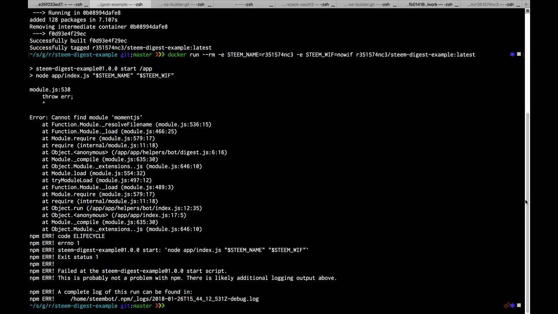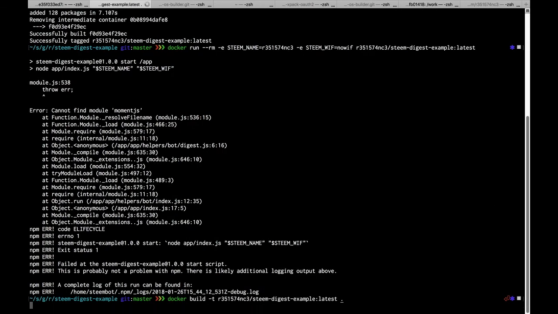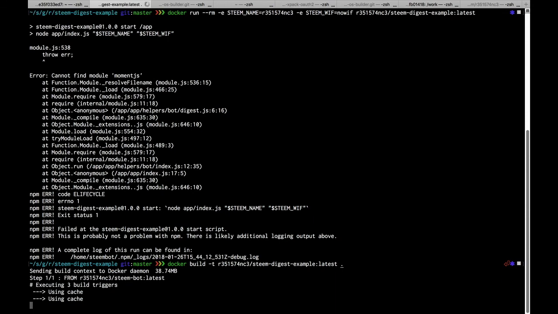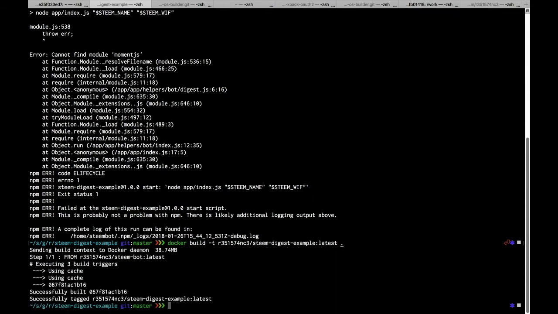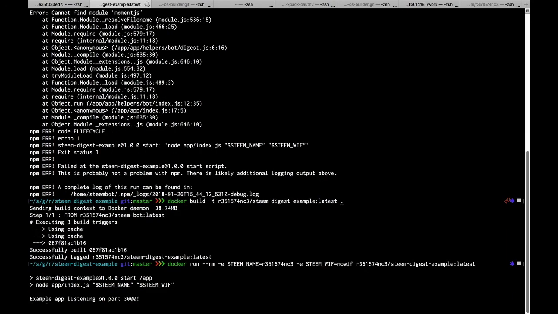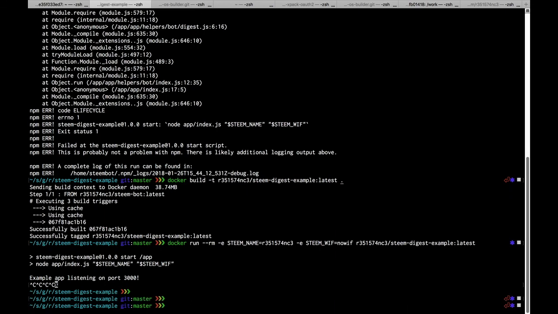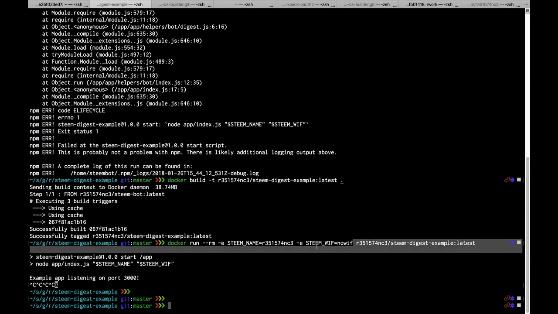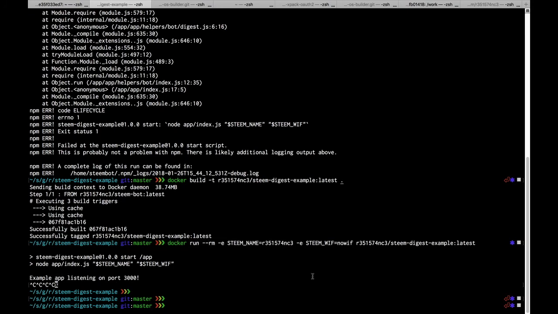Okay, try that again. Of course, we gotta rebuild. I can't just run the Docker again because it'll use the old container. All right, new container, new build. Let's go. Boom, it's running. So now it's actually doing the whole thing right now. Cancel, because I put a bad wif in there, and who knows what will happen if it does that a lot of times. So I'm just gonna show you that's how you do it, and leave it at that. So have at the